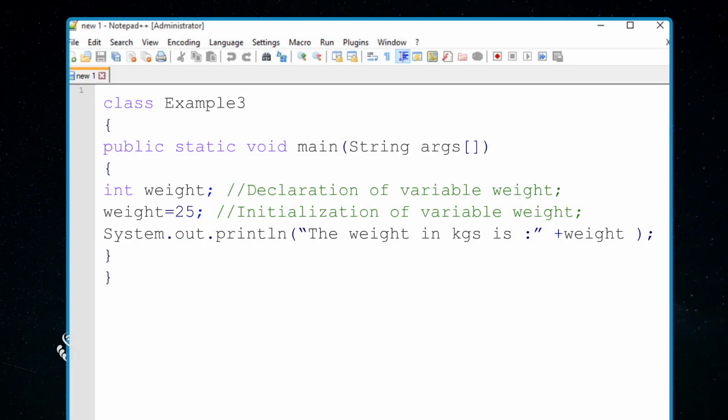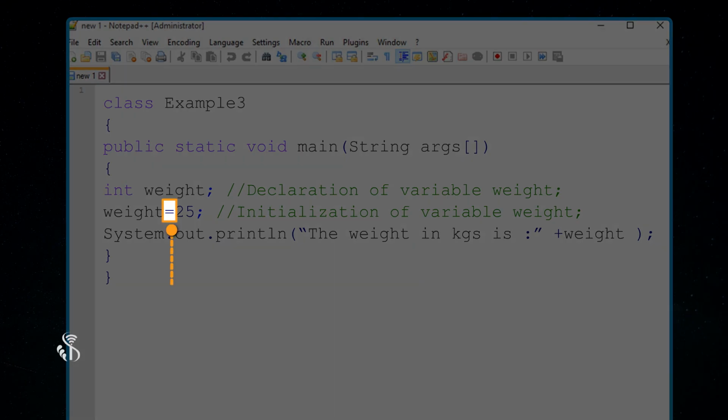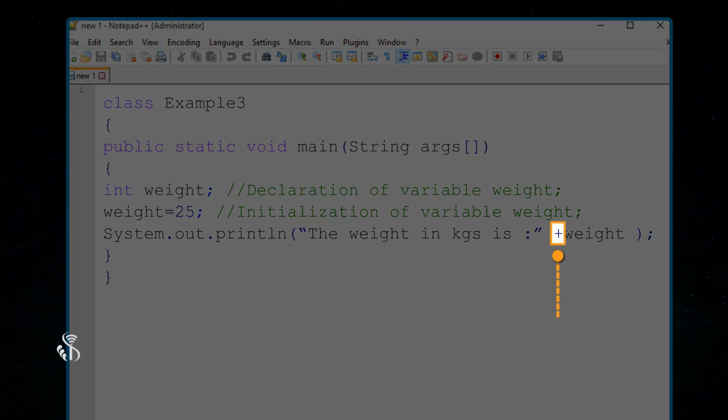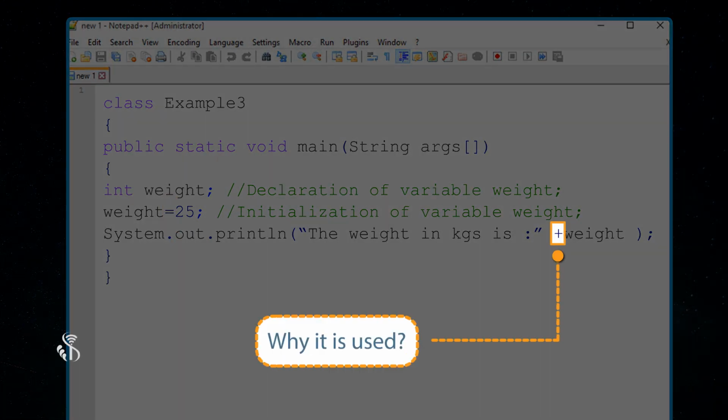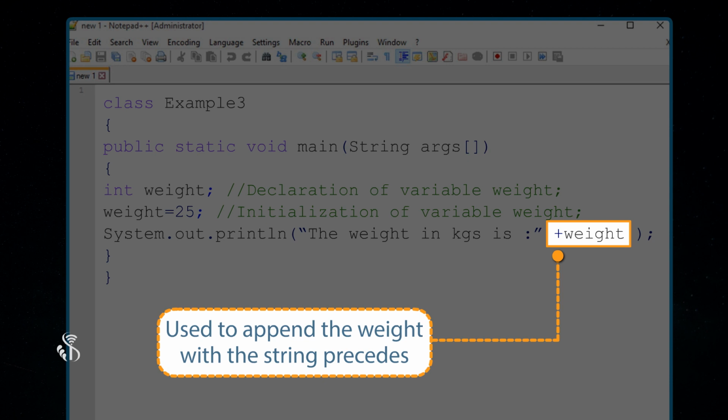Explanation of the program. In the Java program, the weight variable is of the data type integer. Here, the equal to or assignment operator is used to assign the value to the variable, and hence the output. If you wonder why the plus sign is used while printing the weight, in Java programming the plus sign is used to append the weight to the string which precedes it.